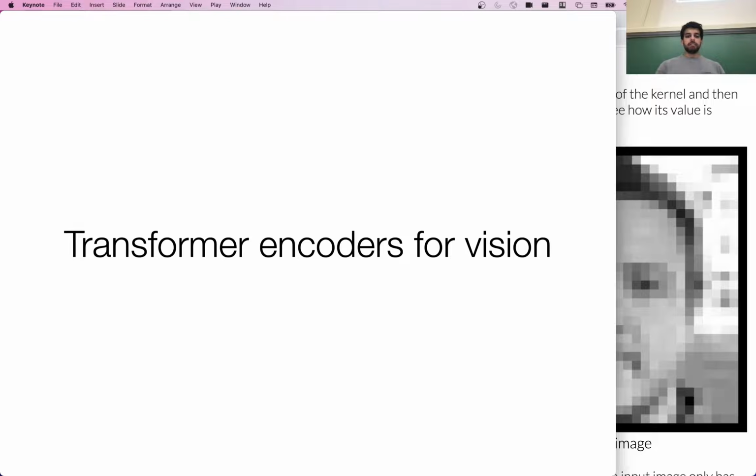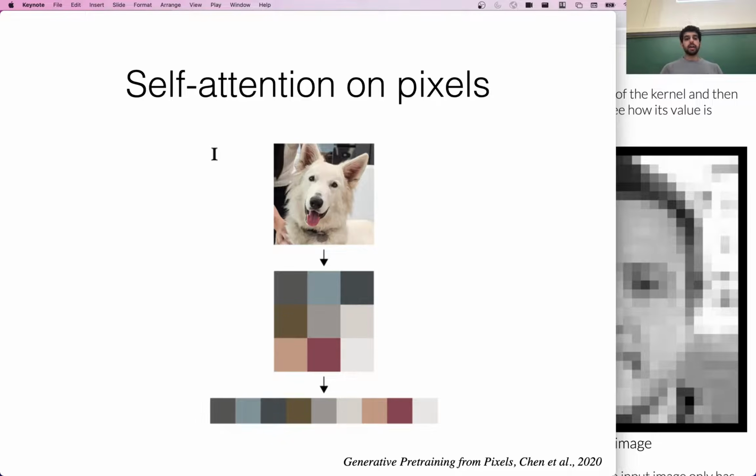Okay, so nowadays people in computer vision have shifted over to the transformer to encode images. So let's take a look at how that works. One thing you can think of doing is just vanilla taking the pixels of the image. As you see here, well, obviously this is not just 9 pixels, but let's say that we had this image here with 9 pixels.